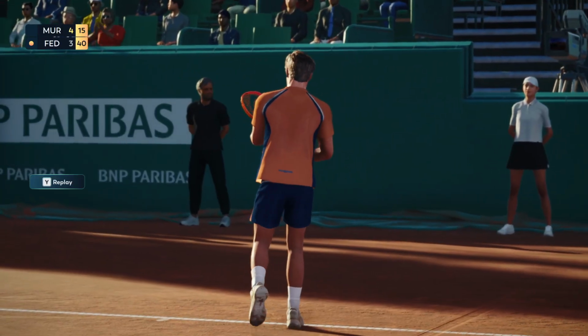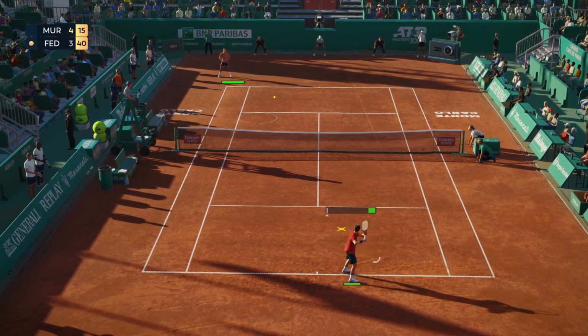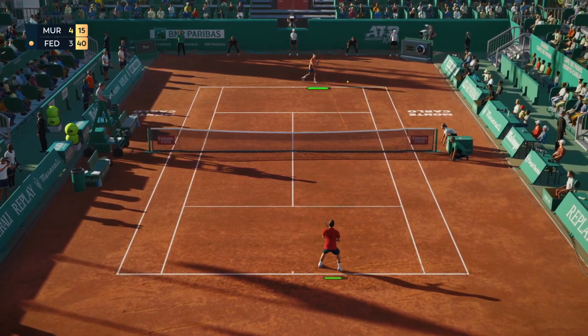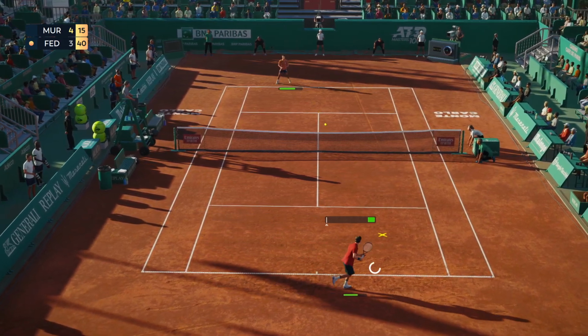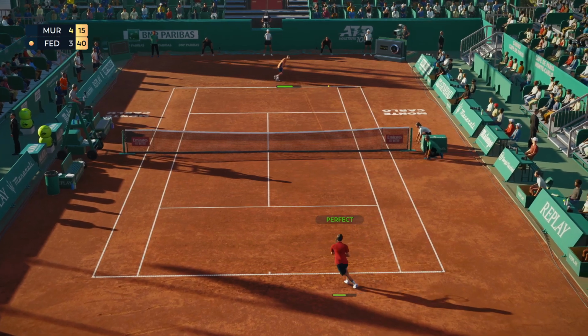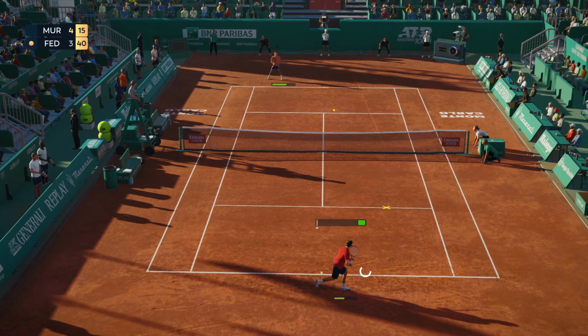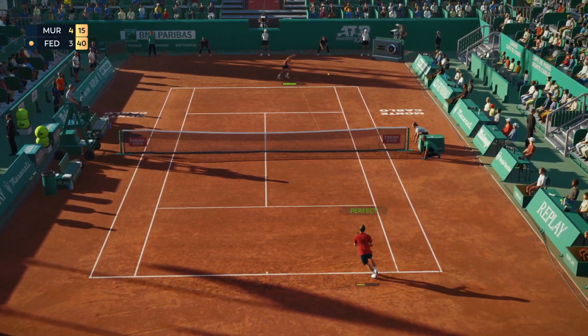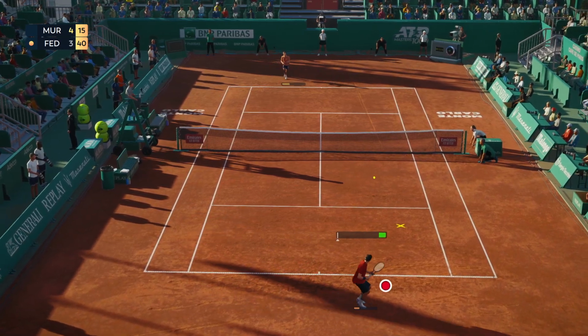So mixing them up is also very nice, depending on your opponent's position. A medium shot is like this. It lands somewhere near the service box, like this. These are medium shots, the type of shots I rarely use. I either use just a deep shot like this, near the baseline,